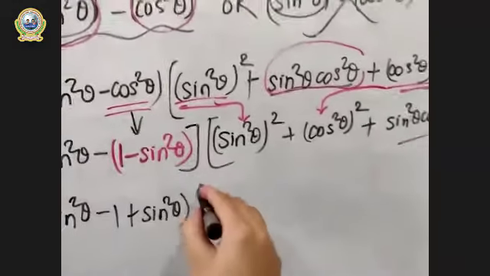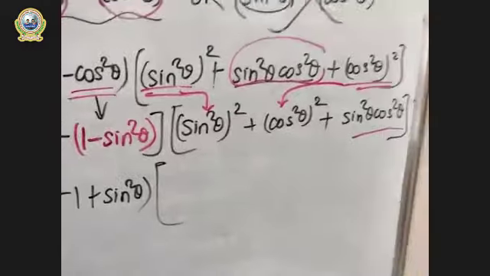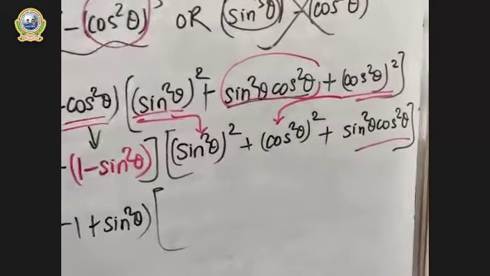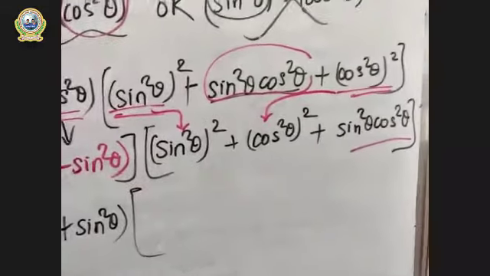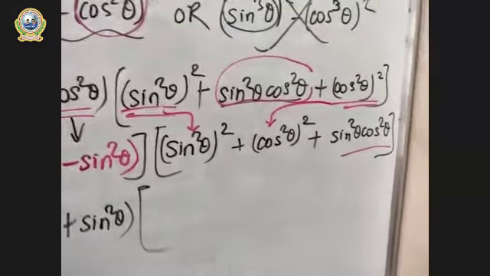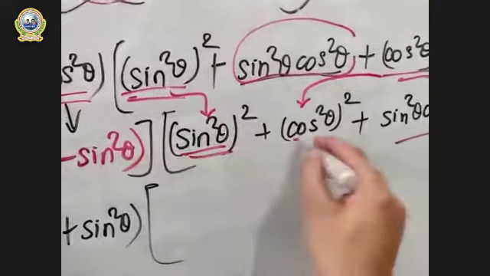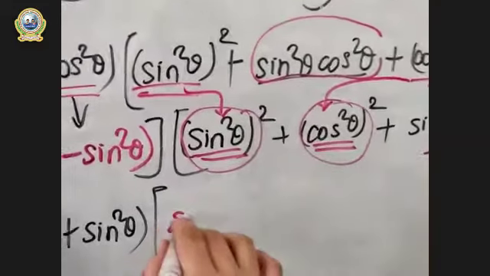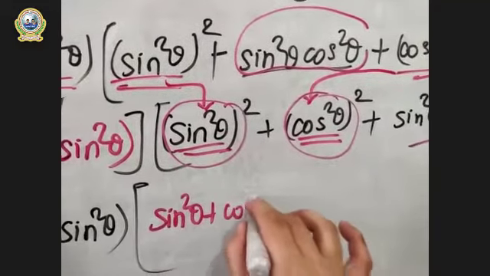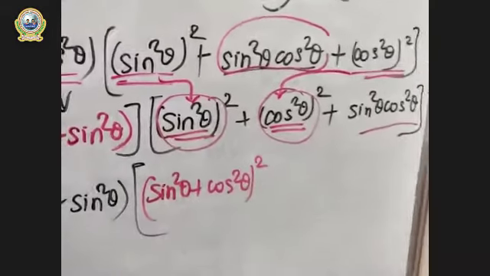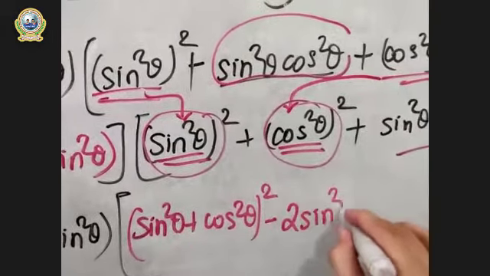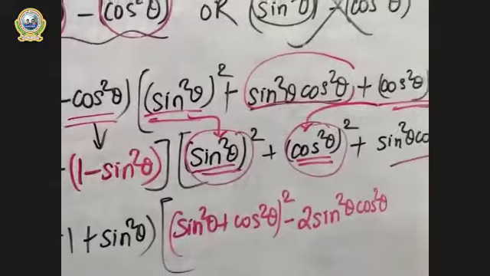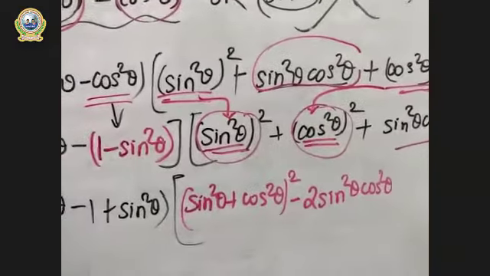And in the second part, look at here, we do have a square plus b square, and a square plus b square has a formula, right? Look at here again. A square plus b square will be a plus b whole square minus 2ab. Let me write it in red color. A square plus b square. This is our a. This is our b. Now it will be a plus b whole square minus 2ab. Are you clear? A plus b whole square minus 2ab. This is for a square plus b square. Are you clear up to here?